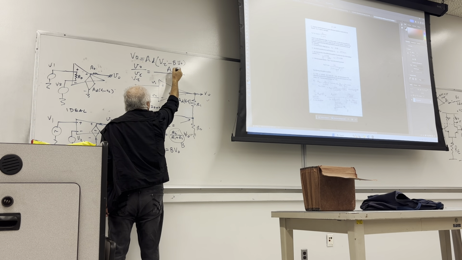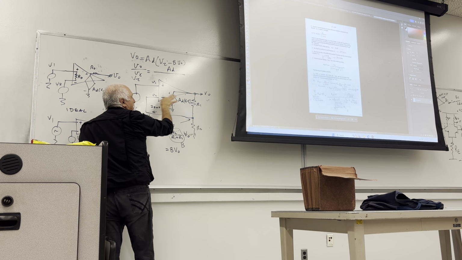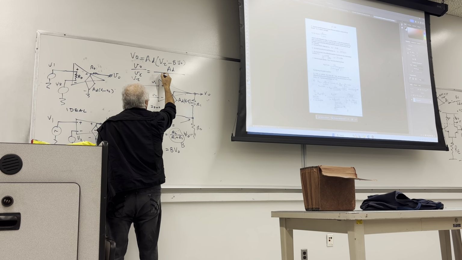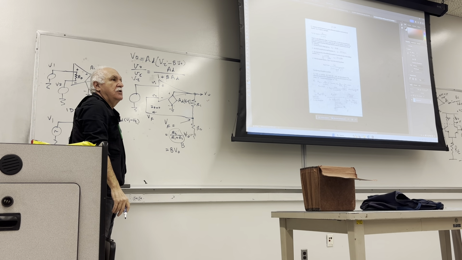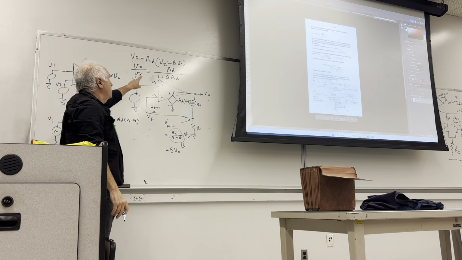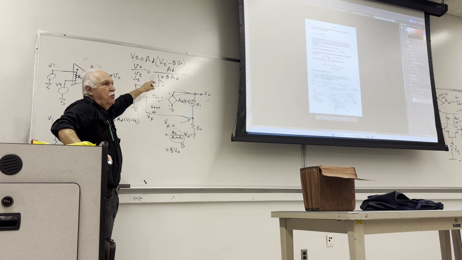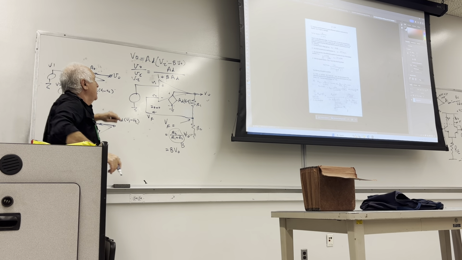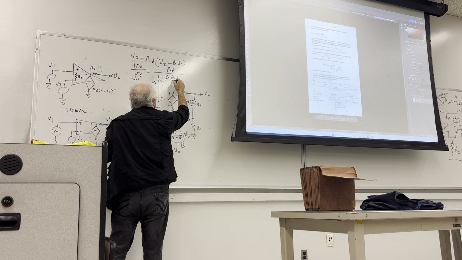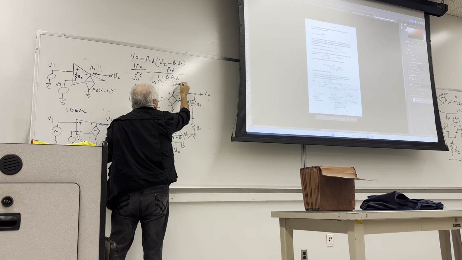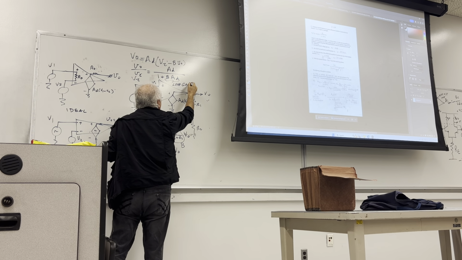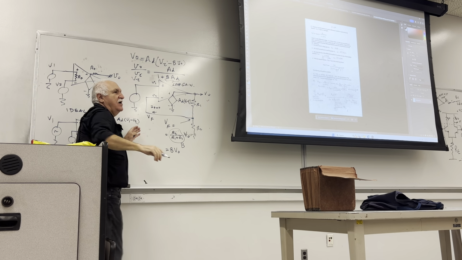AD, known as forward voltage gain, over 1 plus B multiplied by AD. That's it, known as the feedback gain. Superiority of this formula, or advantage of that formula, is in this product. This is called loop gain. Loop gain is defined as